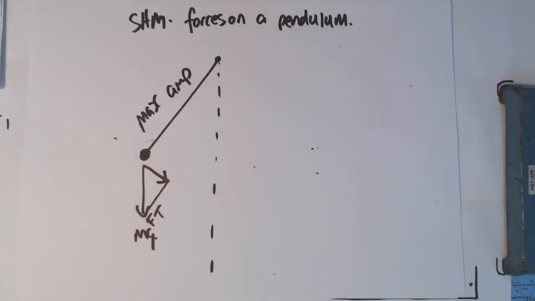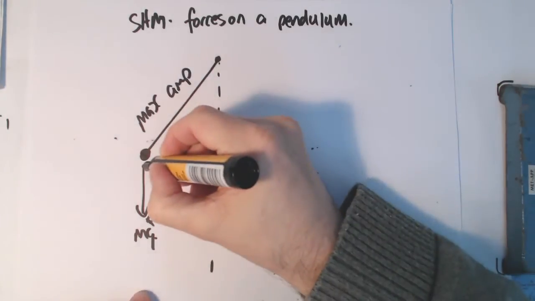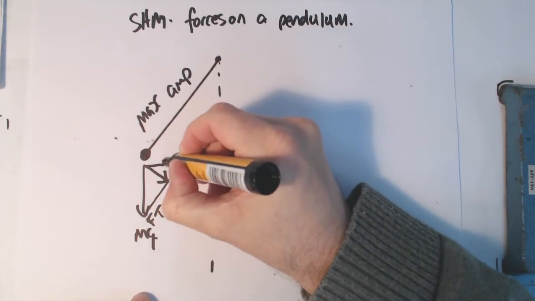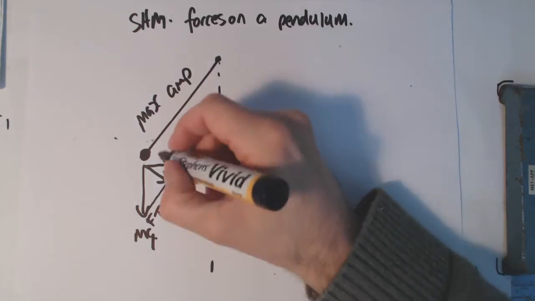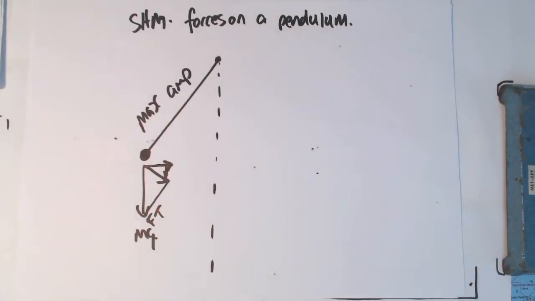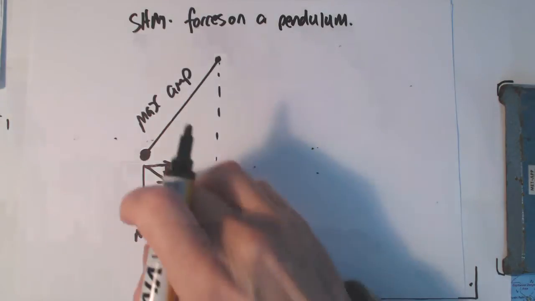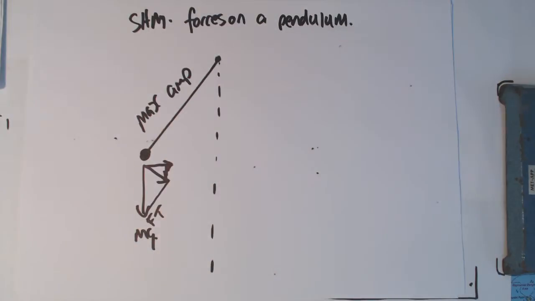That's our net force. It's not horizontal, right? But with SHM, we only want the restoring force. So we would only use the horizontal component, which would be that component there. Now this is the problem with the SHM and pendulums, is that this little guy is changing quite a lot